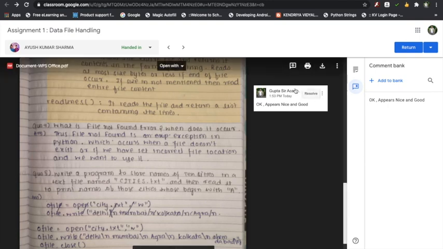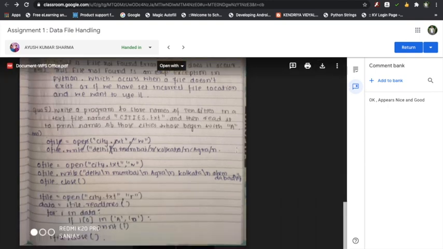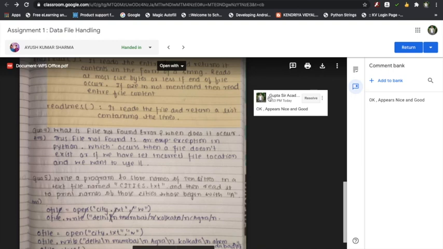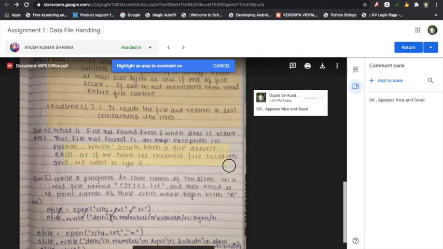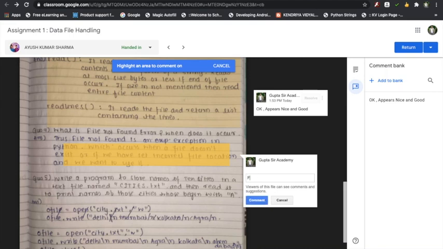Now, after this, let me evaluate this one also, so that the whole evaluation is complete. Which error occurs when a file is not found, does the FileNotFoundError exception in Python occur? File does not exist physically. So here he has missed one point, when the file is not found.